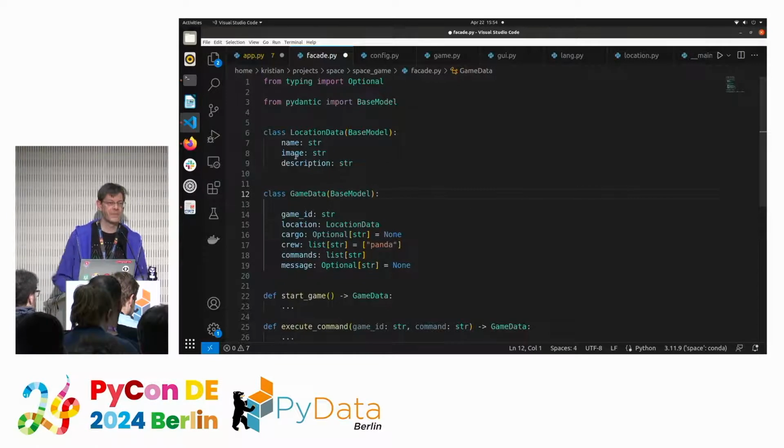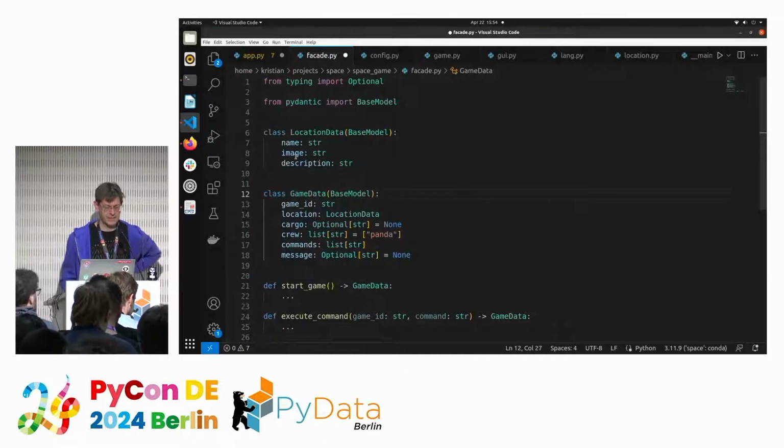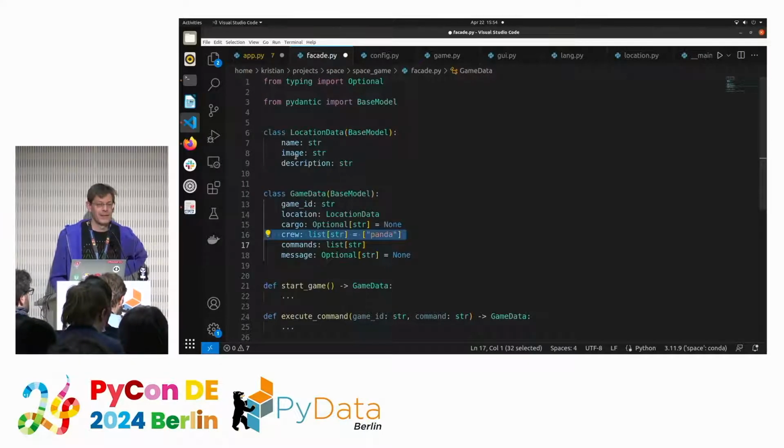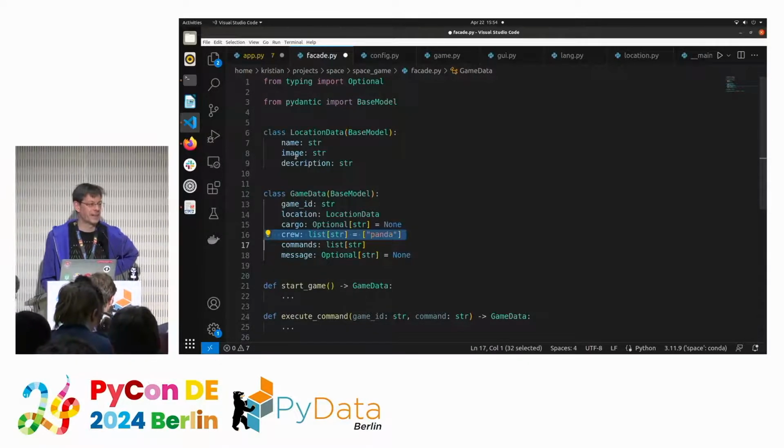And then we have game data that catches the entire game situation. There we have an ID. I'll make this a little bit smaller here to save one line. Then we have a reference to a location. Then we have cargo, that is items that you can carry around, basically, because we are making an adventure game. Then we have a crew. You can collect characters. If you manage to play the game later, then you can check how many characters you can collect and